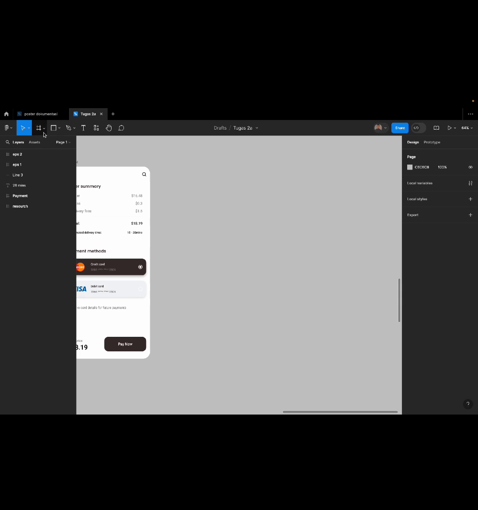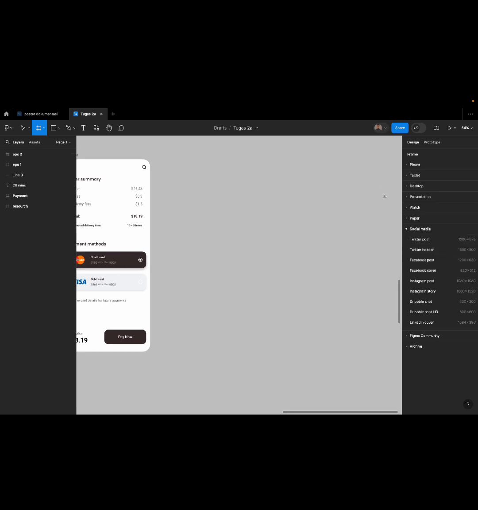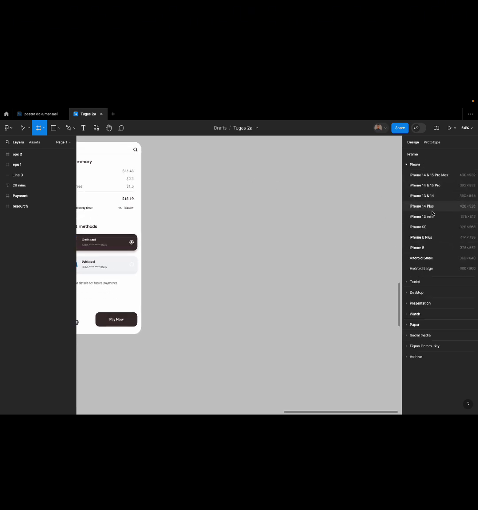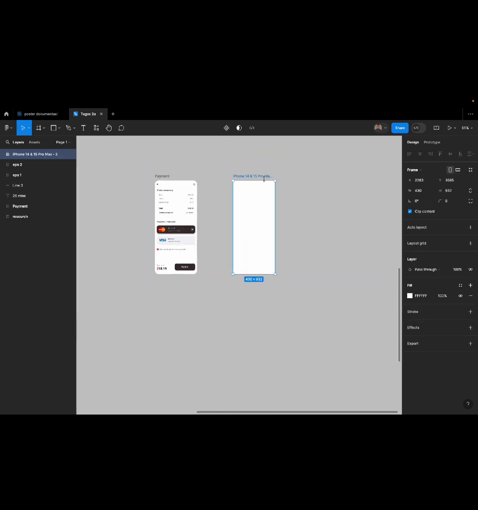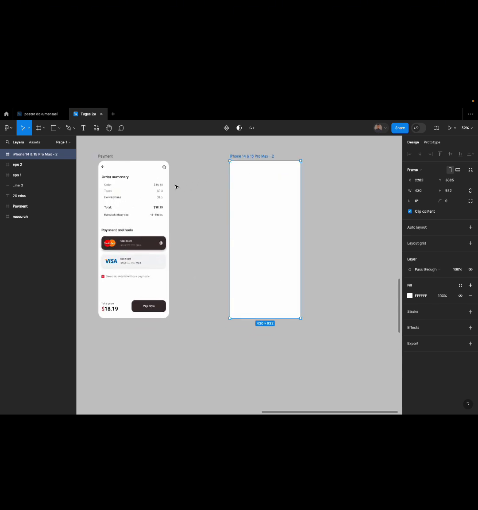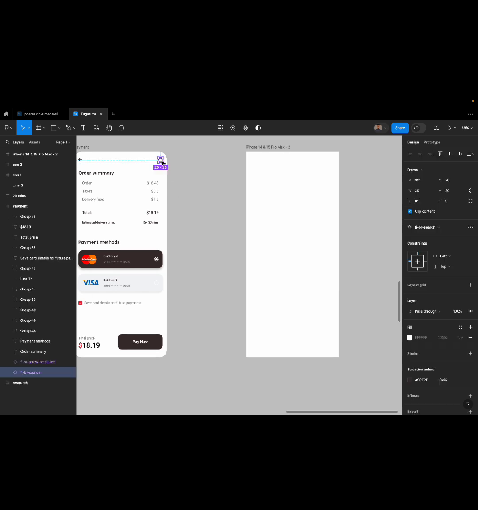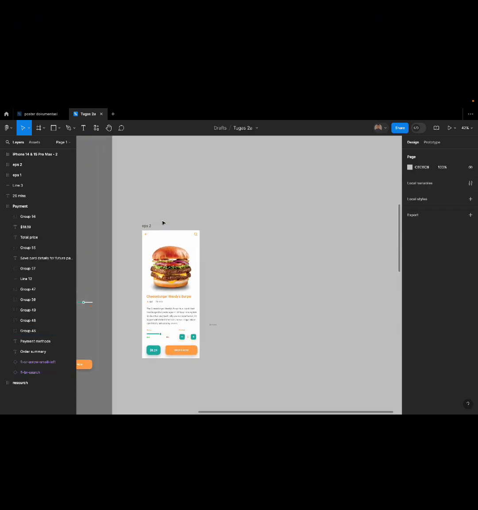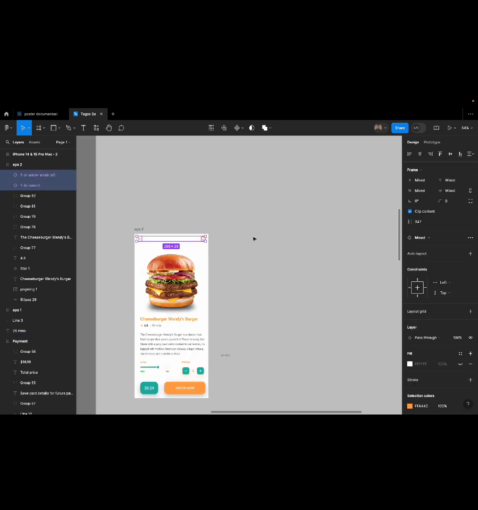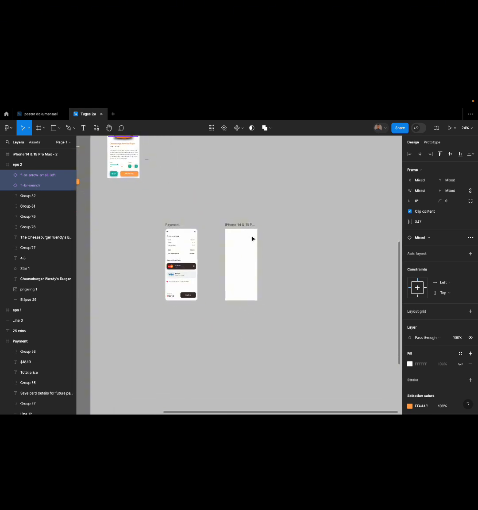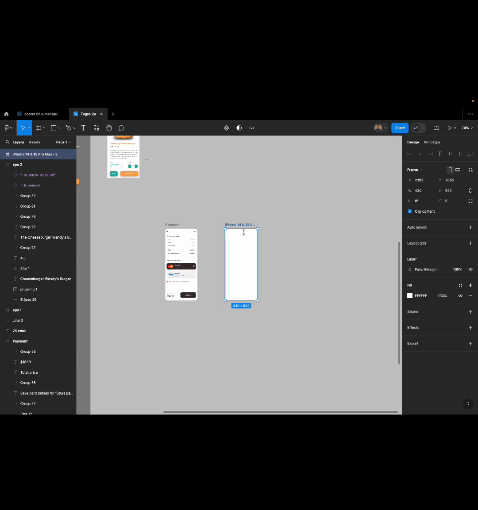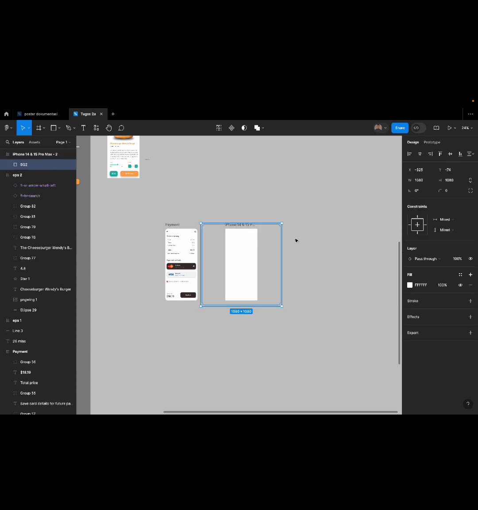And then the first is make some frame of phone, 14 and 15 Pro Max, and then we can copy the icon from the previous episode as I explained to you.